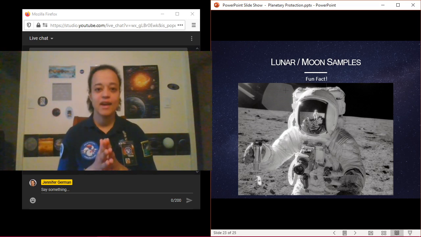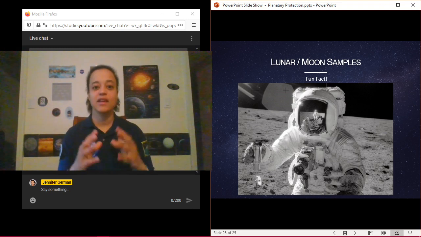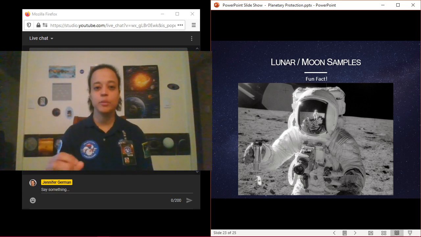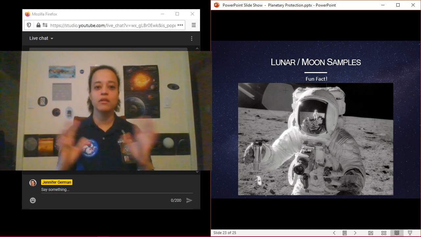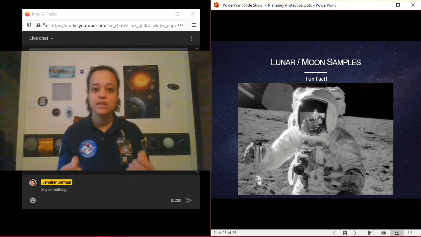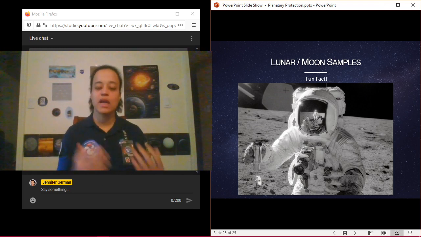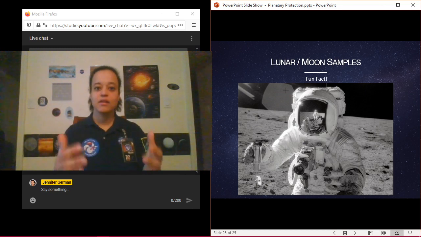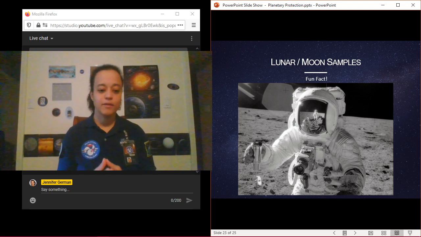originally the moon was classified as Category 5 restricted. So when the Apollo missions went to the moon and were bringing back samples, they had to take extra serious, tight precautions. They put the samples in sample containers. They put those sample containers in very thick, well-lined, heavy, what looked like suitcases that were then sealed up. And when they came back to Earth, the lunar samples were only unsealed in very sterile and well isolated labs. However,